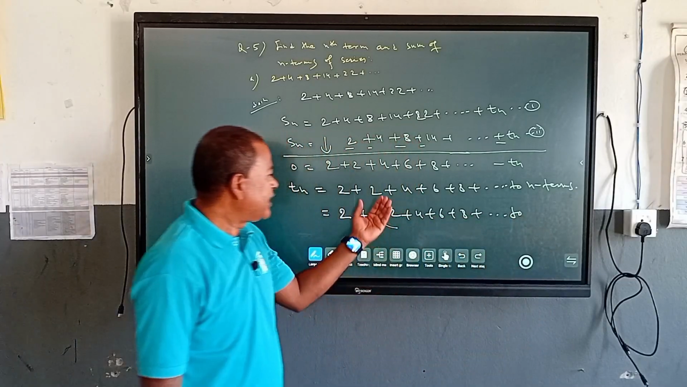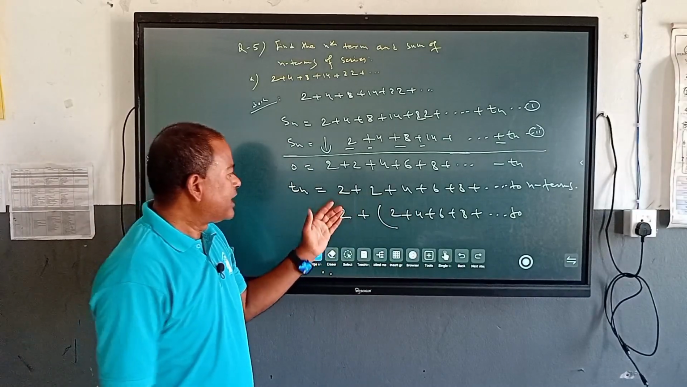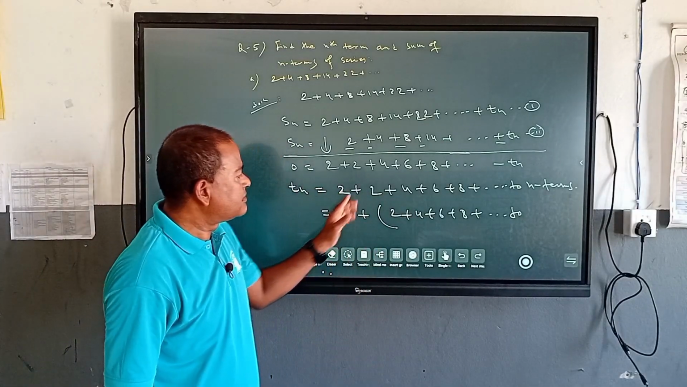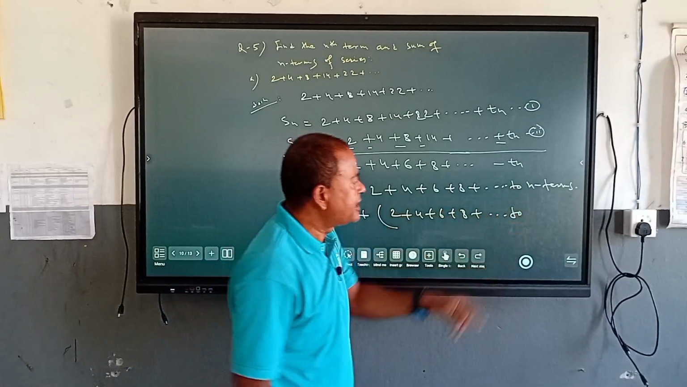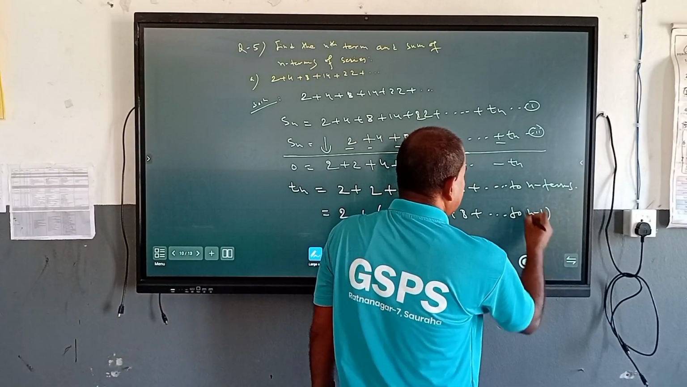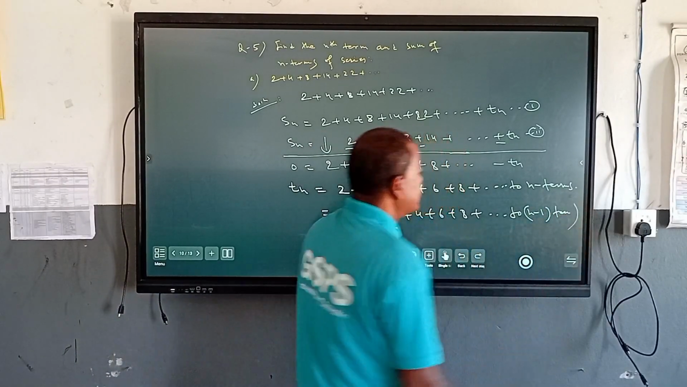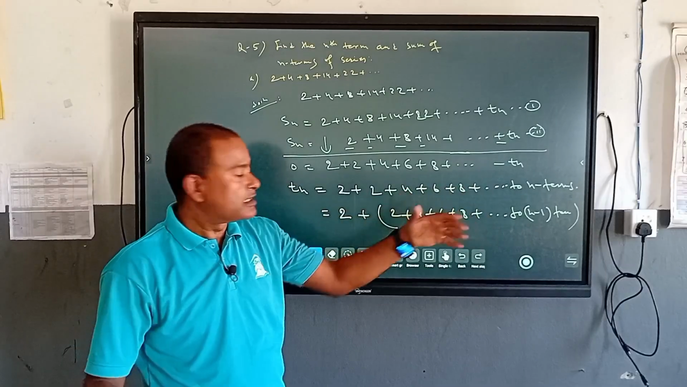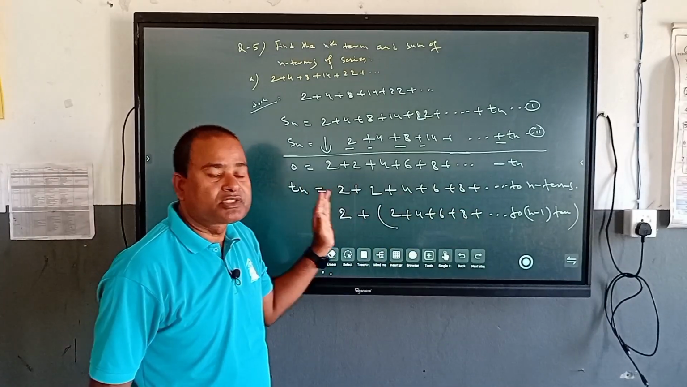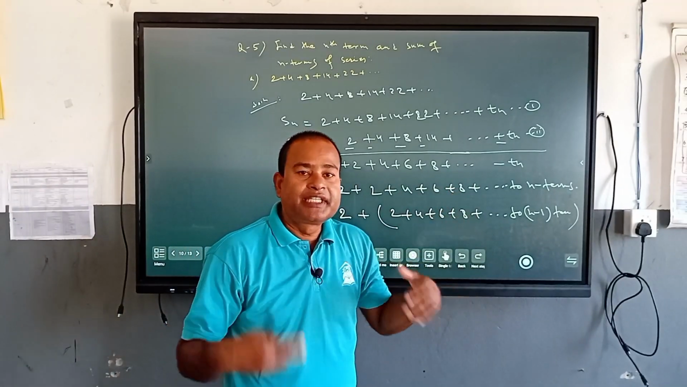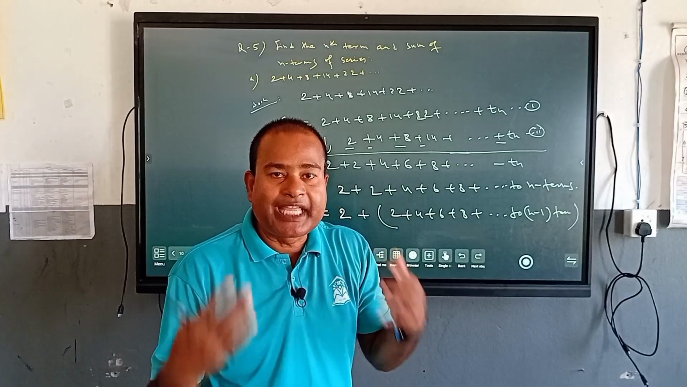2. Now we have isolated the first term, so the remaining terms will be n minus 1 terms, because the total number of terms is n. So if we isolate one of the terms from the given series, then the remaining number of terms will be n minus 1,